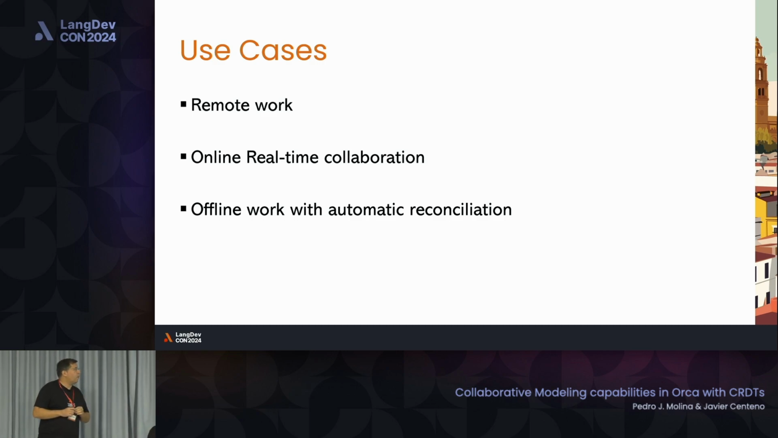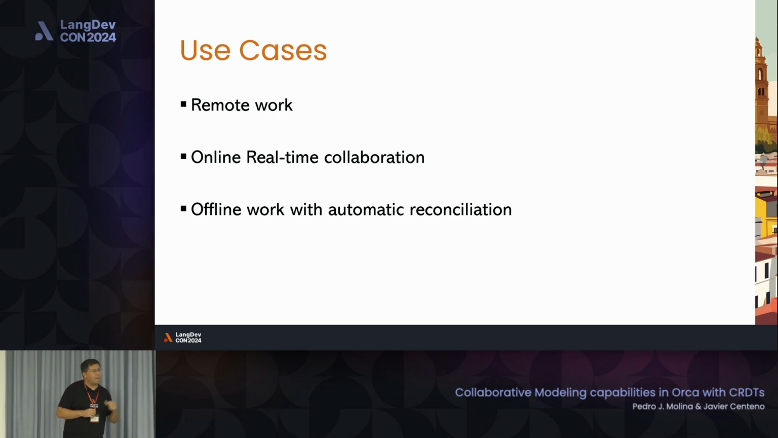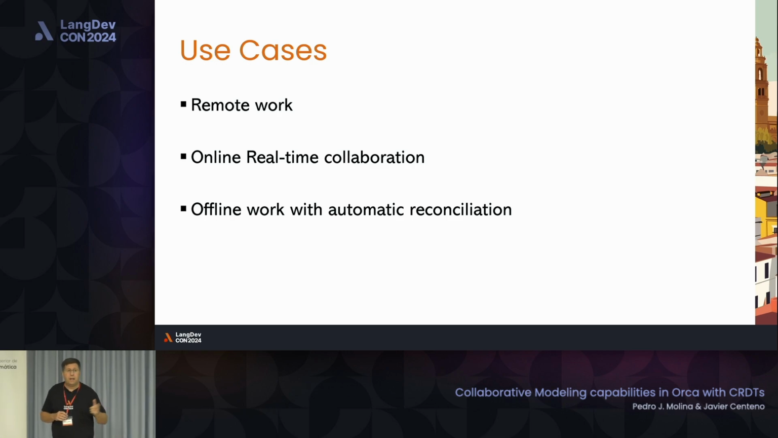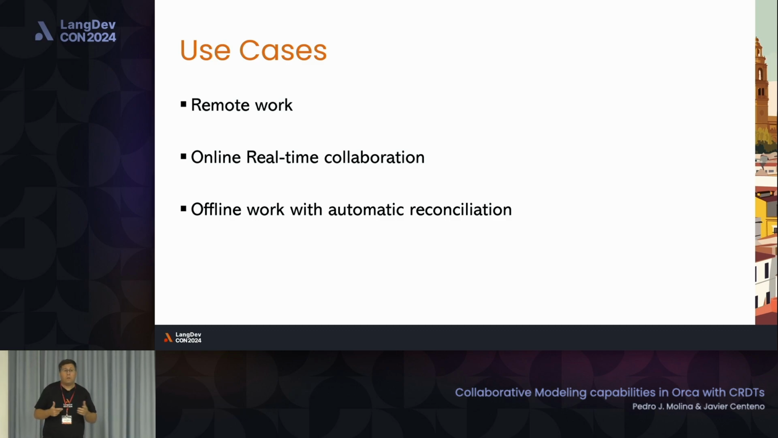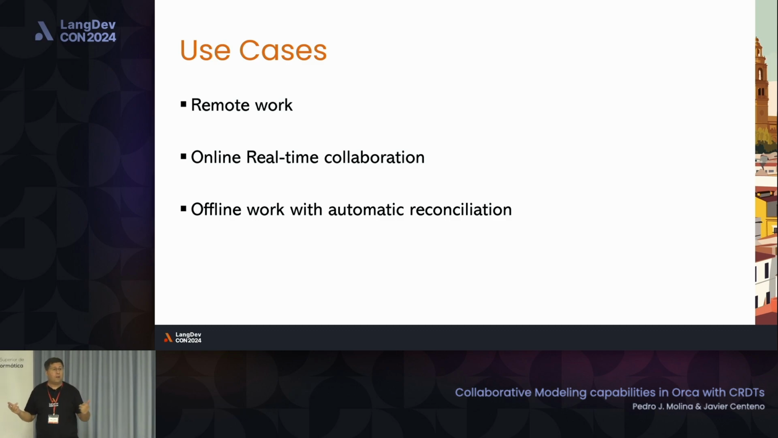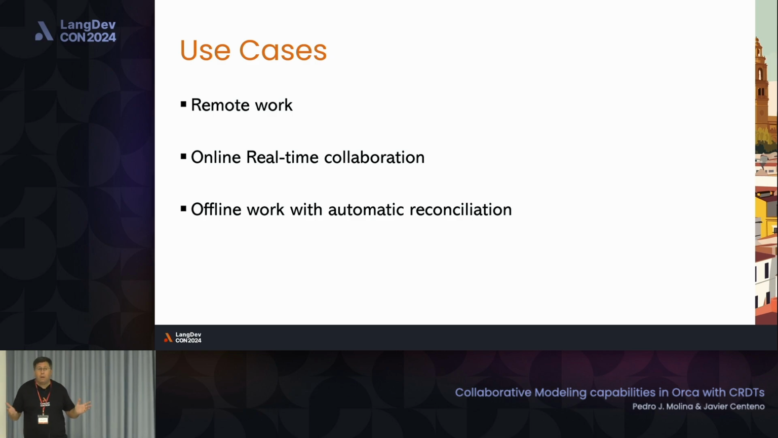So another option is to use online real-time collaboration. This is the first use case we want to support, but also to think about offline work with automatic reconciliation, in the way that you can pick a flight, lose connection or enter a tunnel, and you want to keep working, and when you have connectivity back, be able to reconcile as automatically as possible,